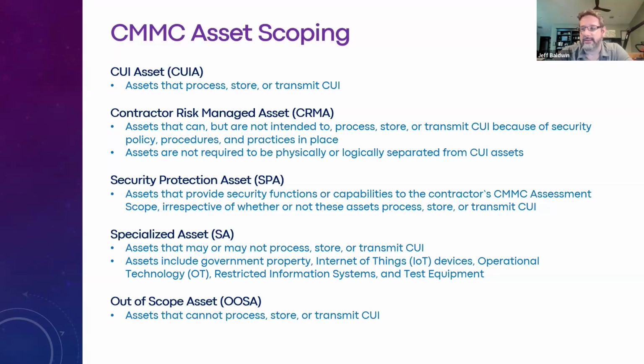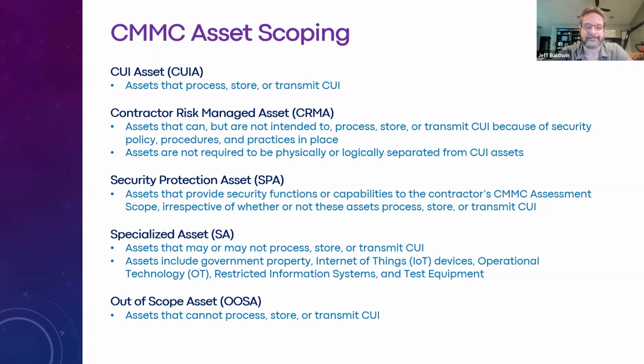And then with the CMMC scoping, they introduced the concept of a contractor risk managed asset. So basically, these are things that can process, store, transmit CUI because they have not been physically or logically separated from CUI assets, but they're not intended to do that. So you may put security policy, procedures, and practices in place. You might have an administrative policy say, hey, don't use CUI processing on this asset, but this thing has not been separated from those assets. So talking about the enclaving and the segmentation piece, they have not been fully separated from